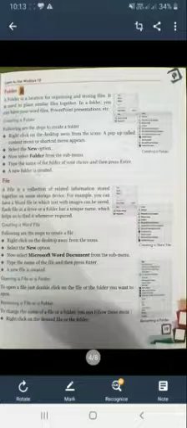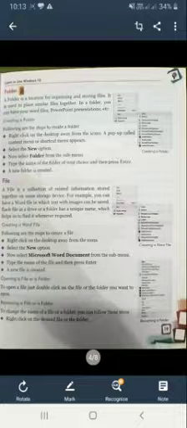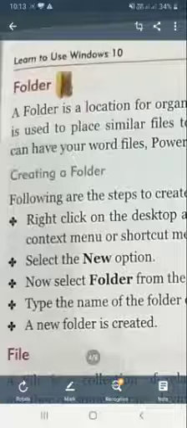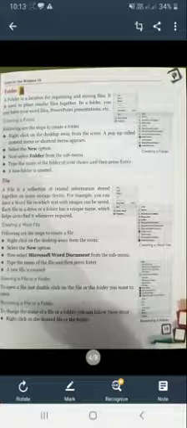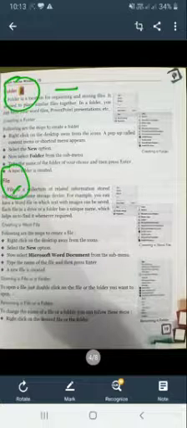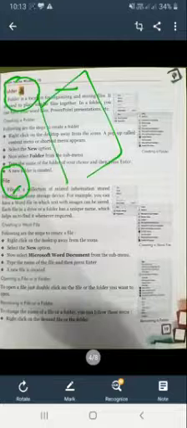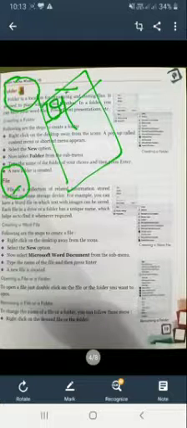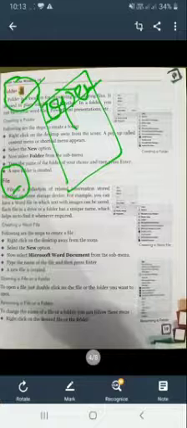Now, opening a file or a folder. There are 2 options for opening a file or a folder. Double click on this folder, and your folder will open. Or double click on this file, and your file will open. Another option is to right click on this folder, and a number of options are available, and the first option is Open. Click on this Open button, and your folder will open, same as with the file.